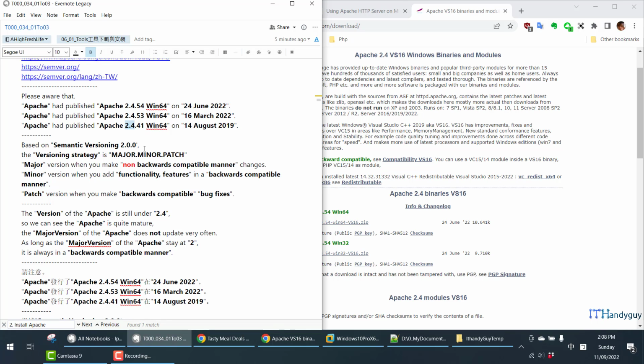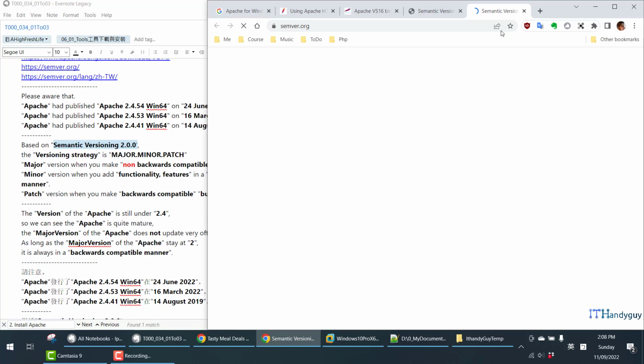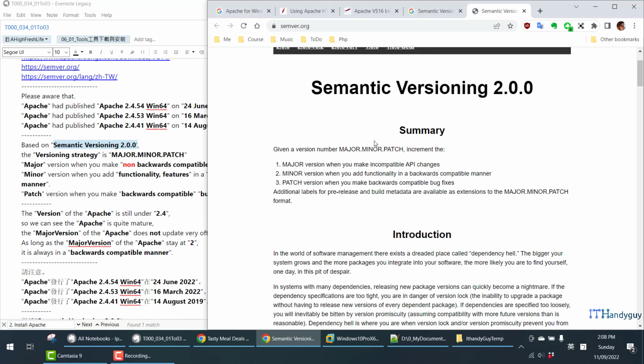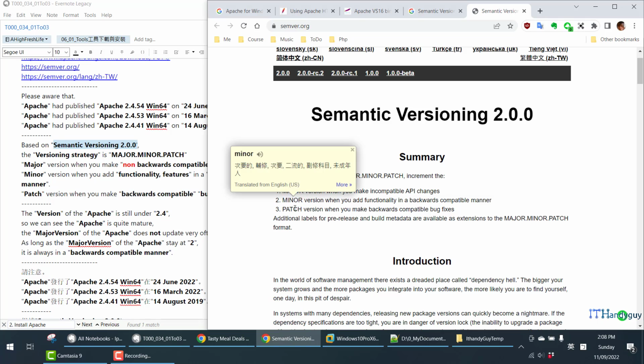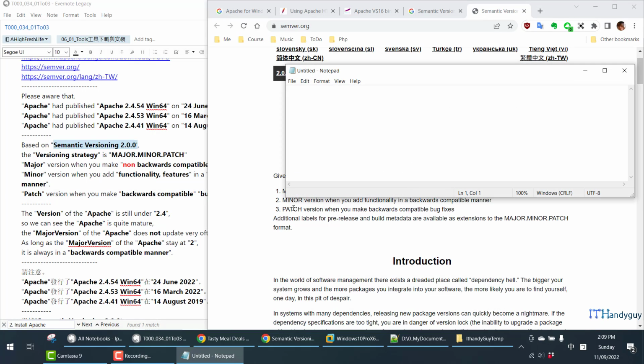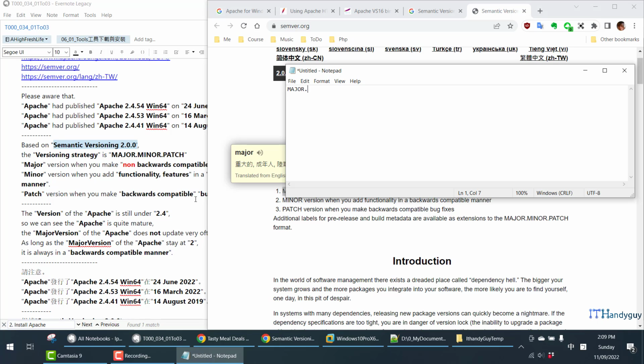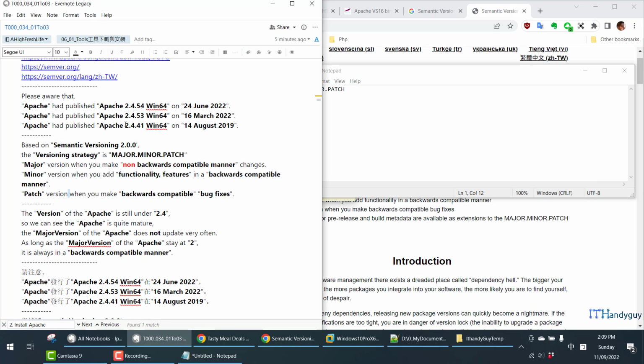So you can always use 2.4. And if you want to know about semantic versioning, you can just Google it. With this one, you will see there's a major, minor, and patch. Okay, what does that mean? If you have a versioning like this, it's like major, and the minor, and the patch. Okay, and just to make it simple, if you have a version like